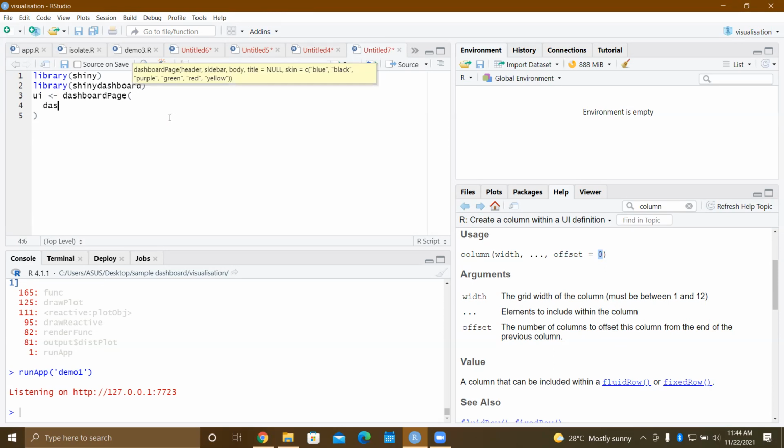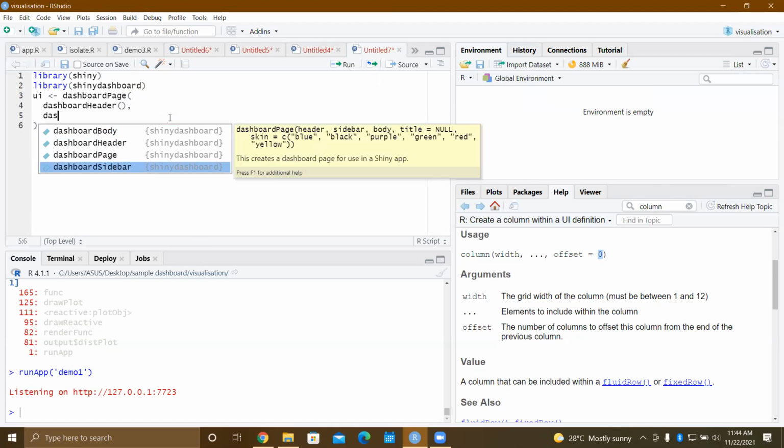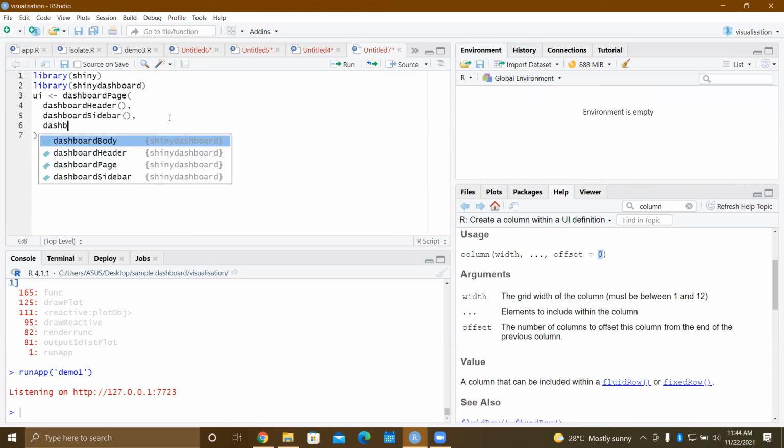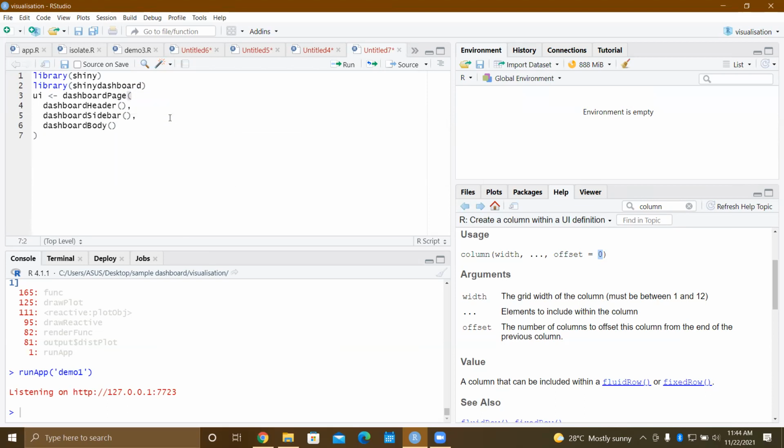Inside this function, you will get a dashboard header, dashboard sidebar, dashboard body.